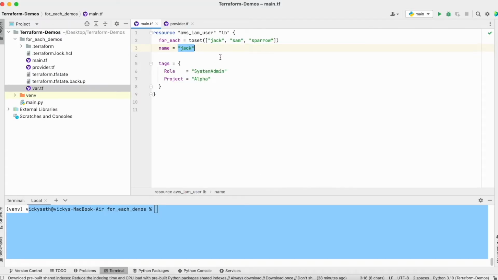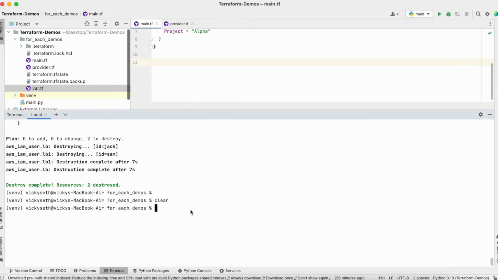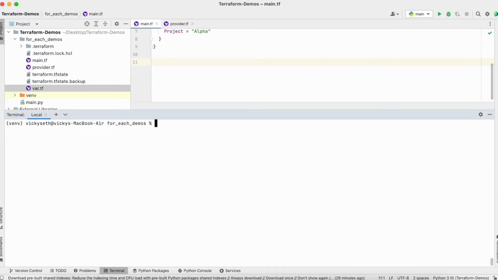Now what value will I give here? The value which I give here is each.key, because in for_each I am giving these key values here. So that is something I need to give here, each.key. Rest of the things are going to be the same. Let me save this file. Let me go with the format command and then